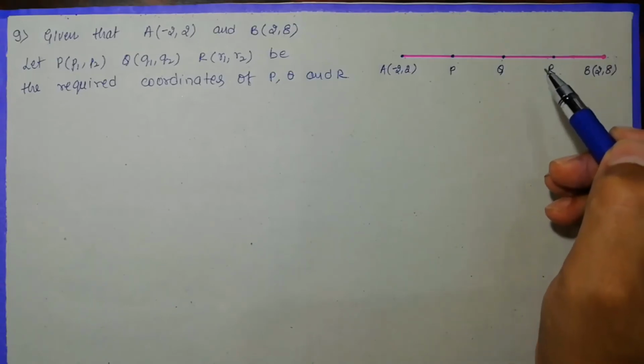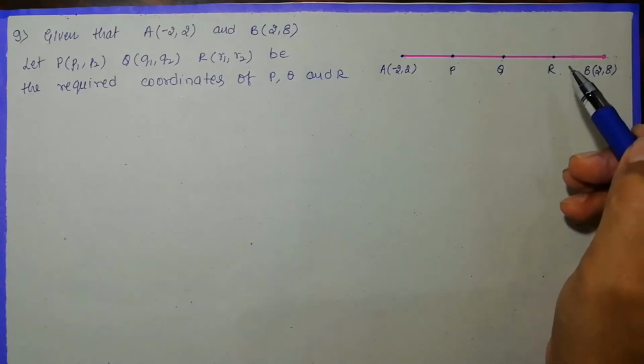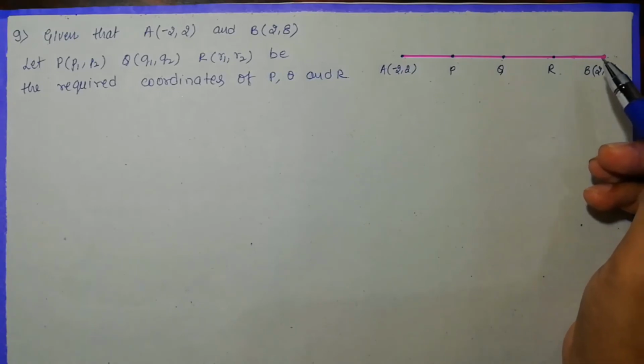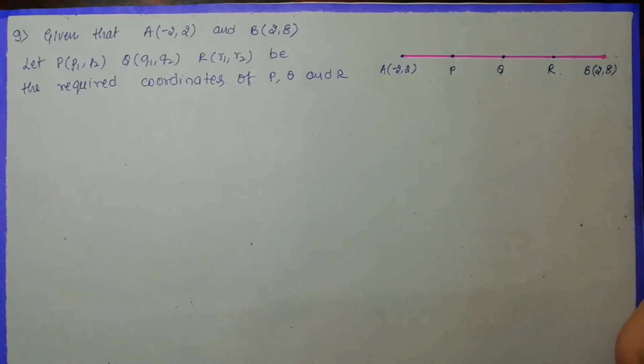Application of the midpoint formula is very easy when compared to the section formula. In the previous question I told you, don't use the section formula in case of dividing a line segment into 4 equal parts. It is better to use the midpoint formula. So I'm going to use only the midpoint formula here, and I'm not going to use the section formula anywhere. Okay, now look at here, you can understand.